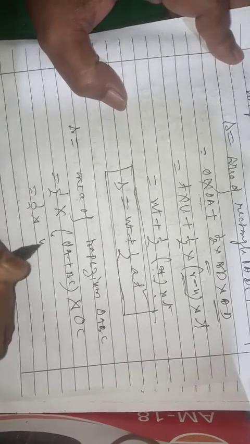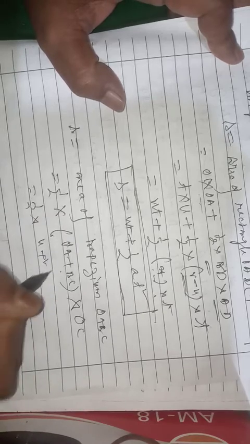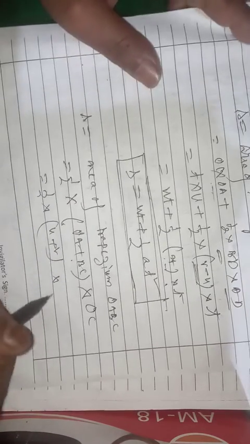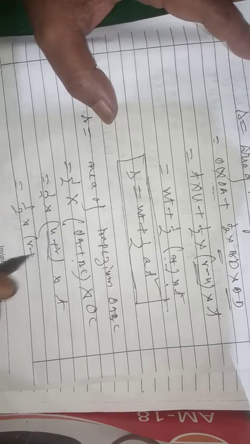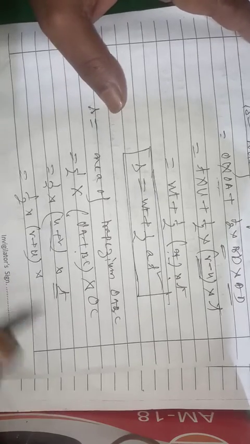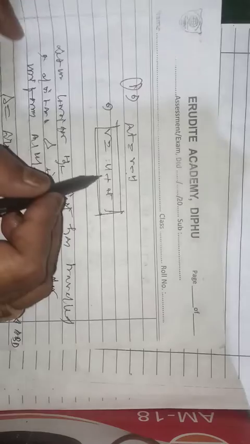Which one is the height? OC is the height. Now substitute the value. Half into OA means U, and BC means V, and OC means T. Then half into U plus V, you can write V plus U, no problem. And T, from here, if we find T,